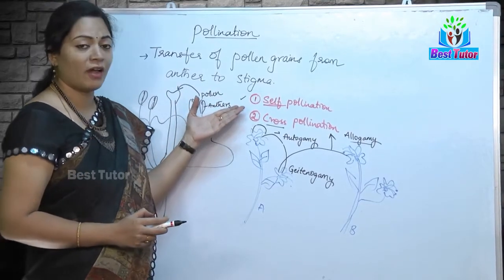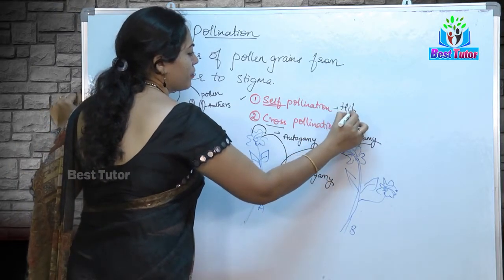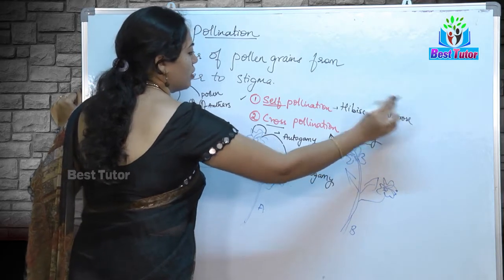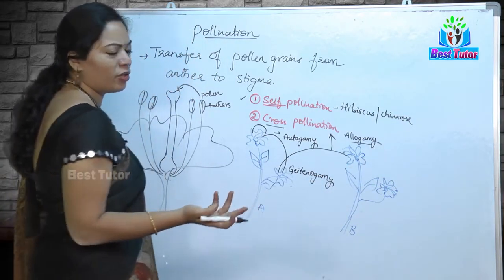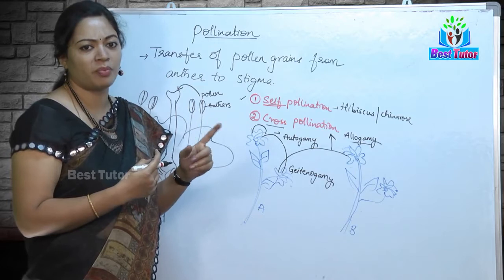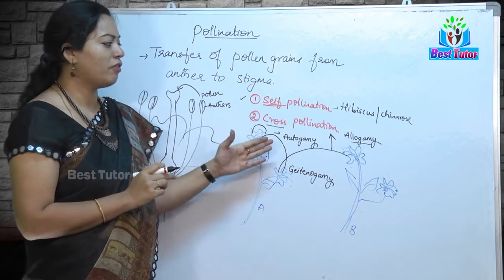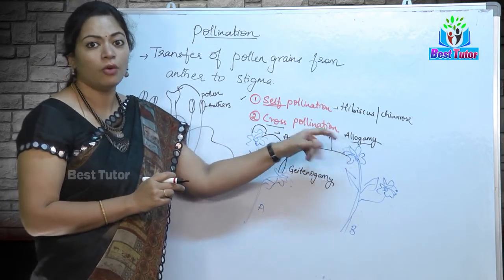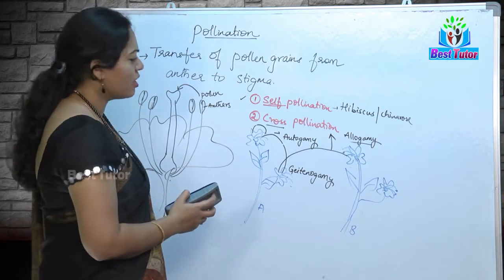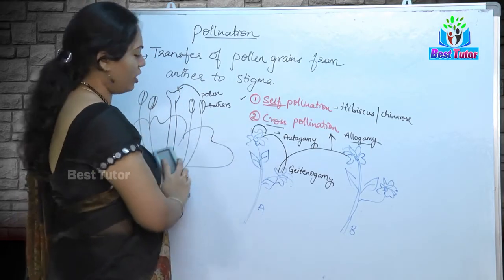Now if we have to consider an example for self pollination, a good example you can give is hibiscus. We also call it China rose, right children? Then for cross pollination you can give papaya, palm flowers. They bear only one reproductive part, either male or female. So we call them unisexual flowers. Usually unisexual flowers will go for cross pollination or allogamy. Now let us discuss some conditions or contrivances where plants go for cross pollination. They cannot undergo self pollination.